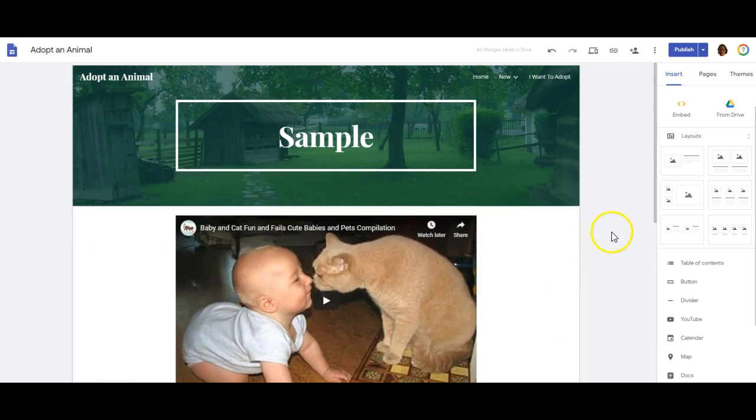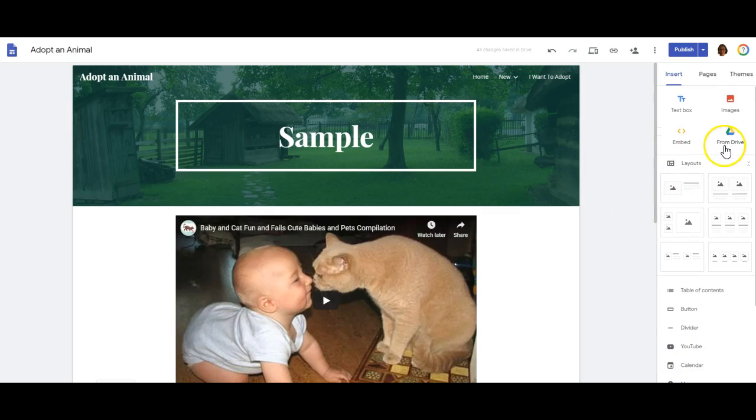So embeds, those are two types of embeds. You could also embed a calendar or other files from Drive. And finally, I want to go over how to change your header a little bit more. So if we were to go back and